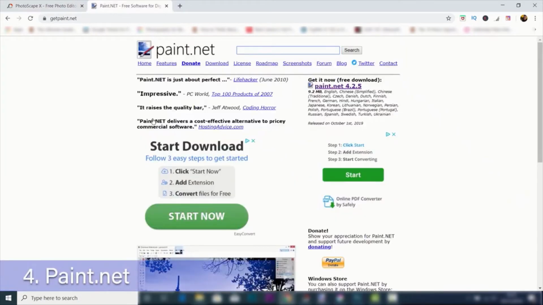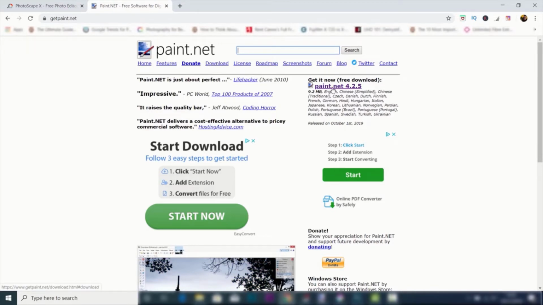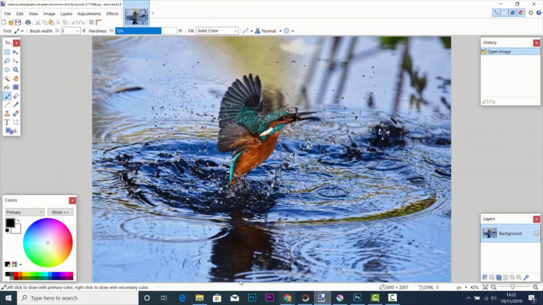In at number 4 is Paint.net. This is available to download from Windows 7 or newer. This is quite easy to understand, and the layout, even though it might look a little bit dated, is actually very easy to use. On the left hand side you have the tools section, and you even have a whole